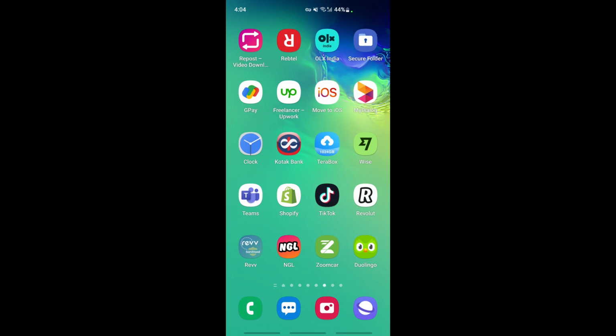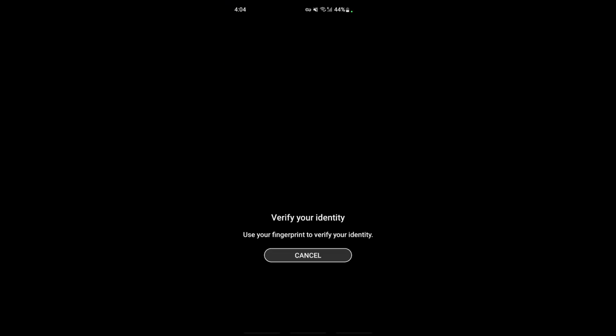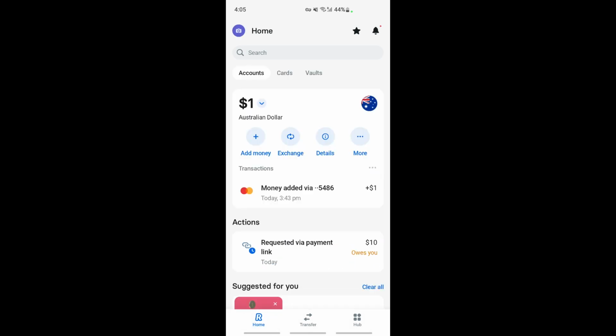Firstly, open up our Revolut application and then log into your account. Let me log into mine. I'm just going to do that. Okay, so once you have already logged into your account, for example, if you have any scheduled payments or